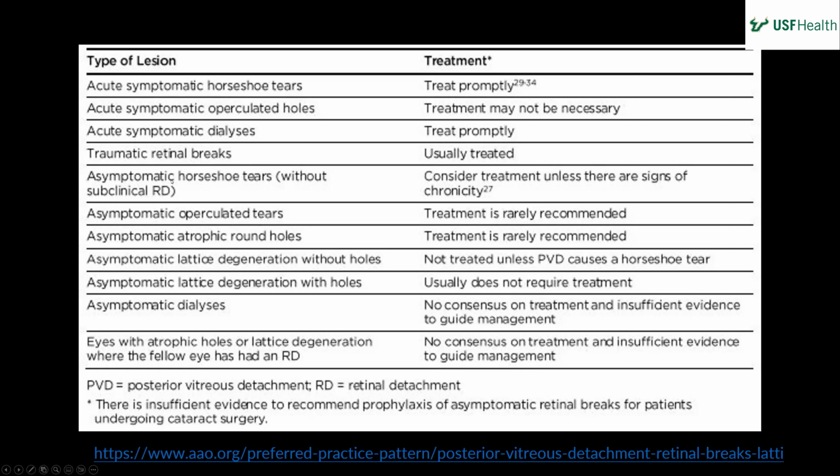You usually want to treat a symptomatic horseshoe tear. Consider treatment for an asymptomatic one unless there are signs of chronicity. If it looks chronic, it's got the pigment on the outer borders showing that it's tacked down on its own, then yeah, you can watch it. Just the thing with an asymptomatic horseshoe tear is